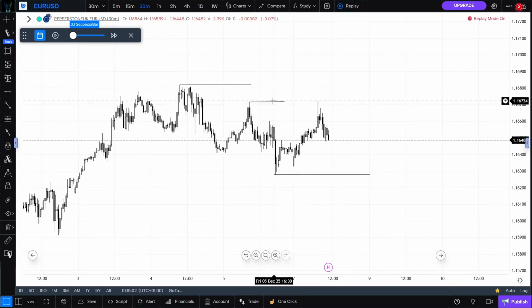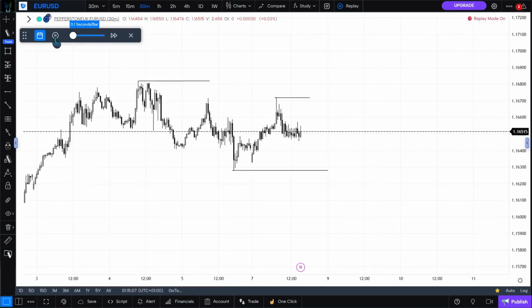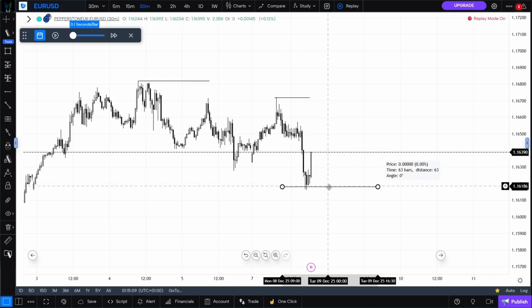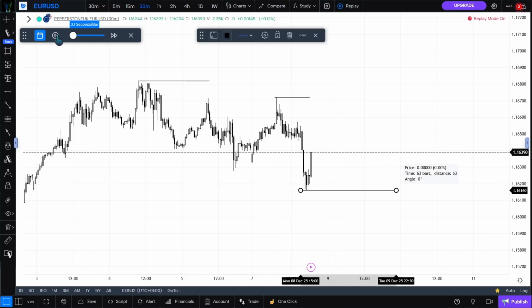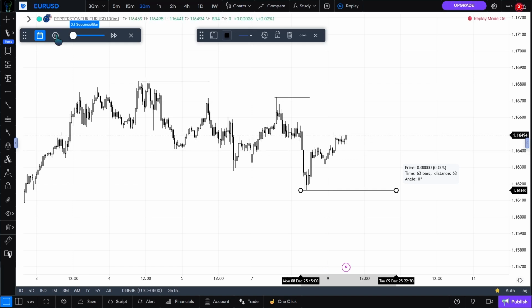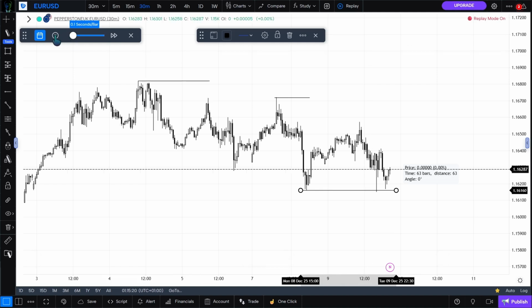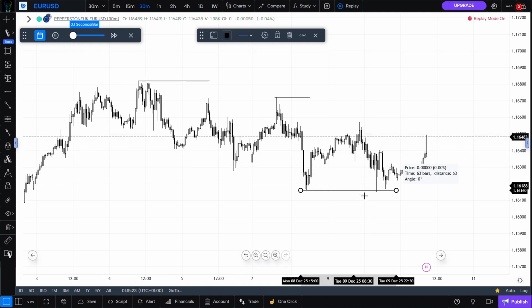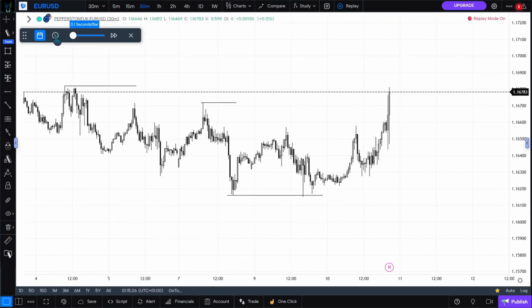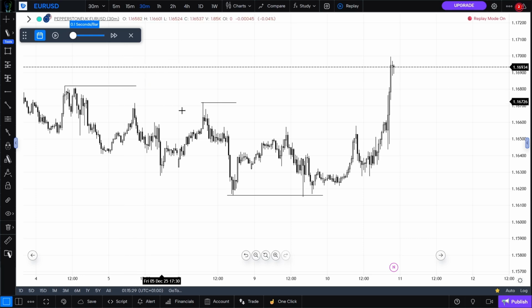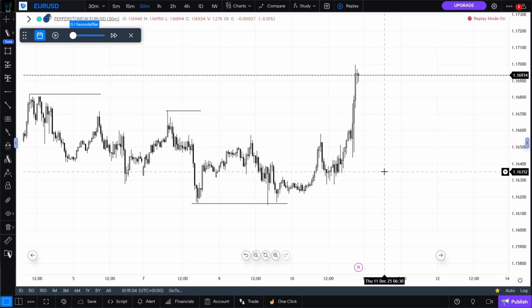So now this is my buy side liquidity. We cleared what? The downside. Sell side liquidity has been cleared. We cleared it once again. I'll still leave it there. Now we are clearing it to the upside. So these two here have already been cleared and we left this one behind. Okay, so now that we're clearing buy side liquidity, it's very likely that we keep on clearing more buy side